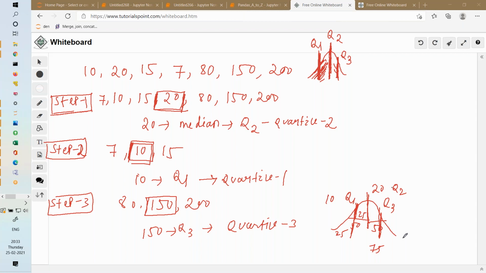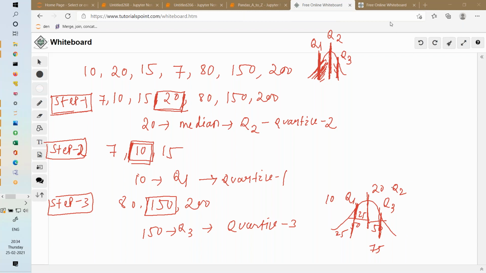Now why are we finding Q1, Q2, Q3? Because what we understand is all the extreme values are present either in the lower side or in the higher side. So within Q1 to Q3, it is 75% and 25%. The outlier will be present either between 0 to 25% or from 75 to 100%. So later you will understand what I am doing and why I am doing it.